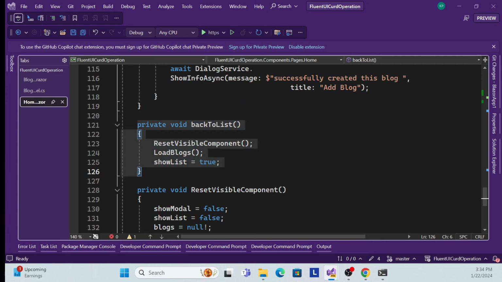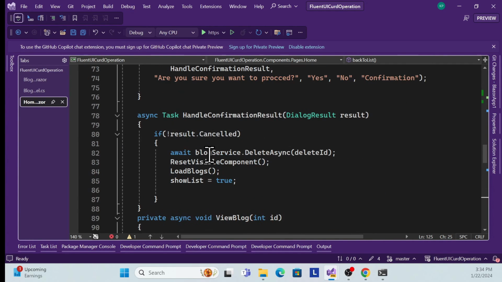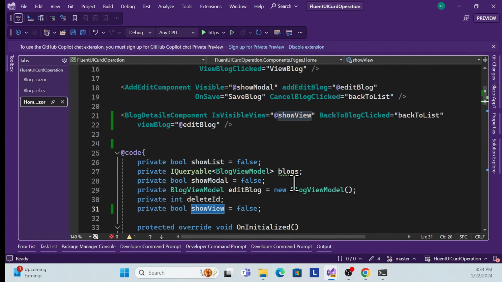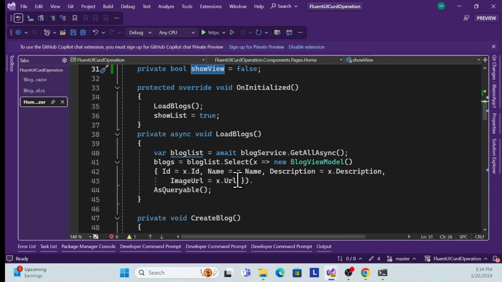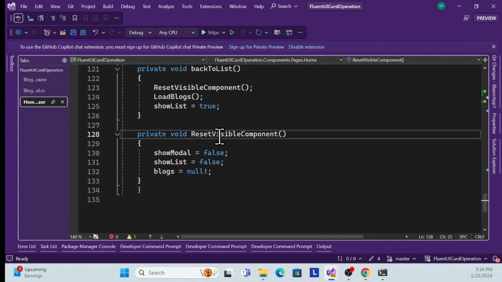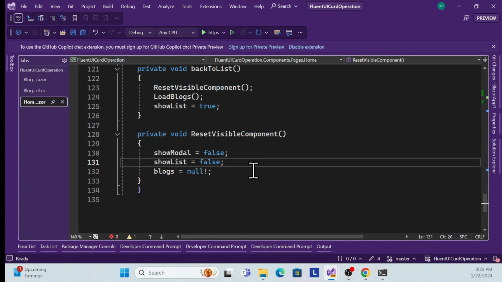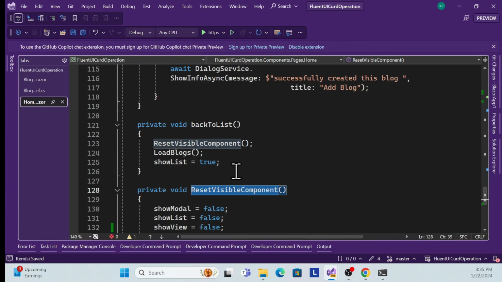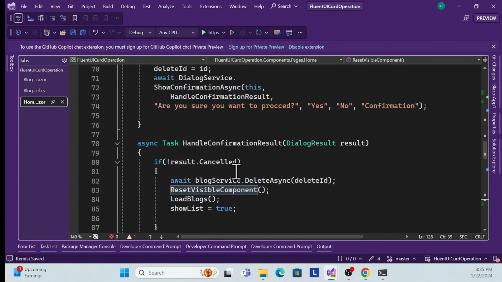And one more thing I have to do over here, I have to manage this is true, which is false, right? By default is false. So what I can do, I need to implement something inside this reset visibility, right? Because by default it should be false. So let me add it over here as a false, and then once I click that,